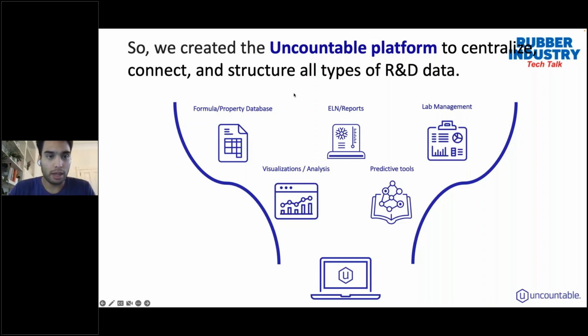Now, we do have quite a comprehensive solution, but we give teams the opportunity to pick and choose what's most appropriate for them, and also connect to existing software systems today, with the goal of contributing to the build of a data infrastructure that we find is necessary to not only maximize resources amongst the R&D team, but also quite critical in unearthing insights that help accelerate development.